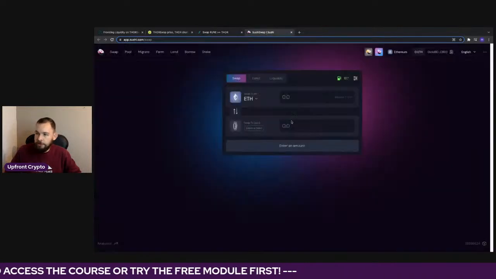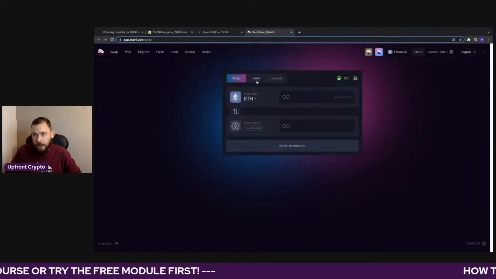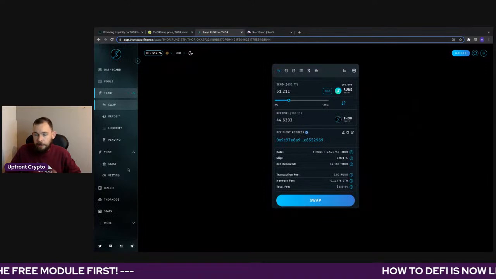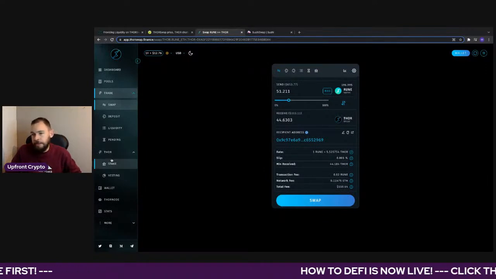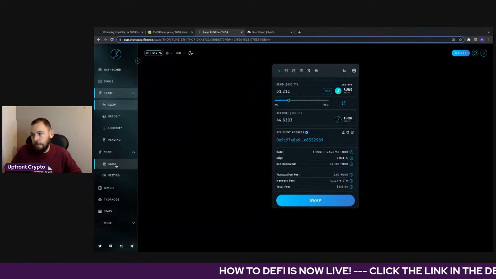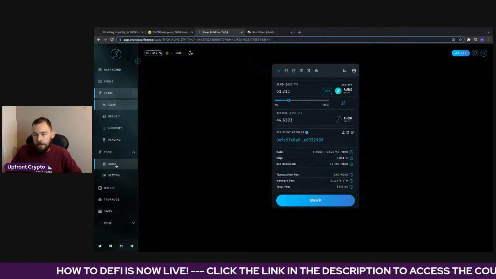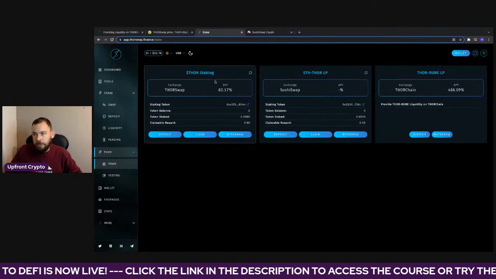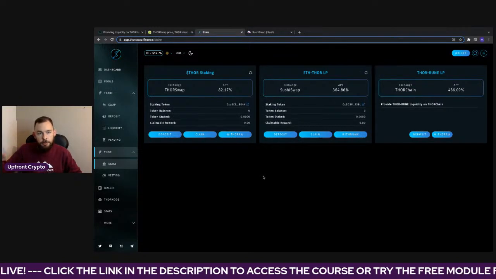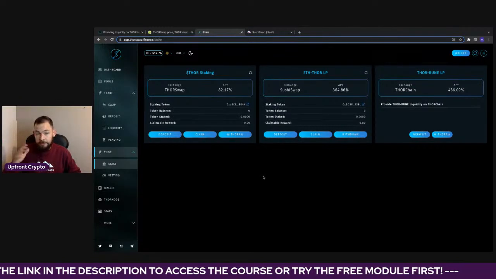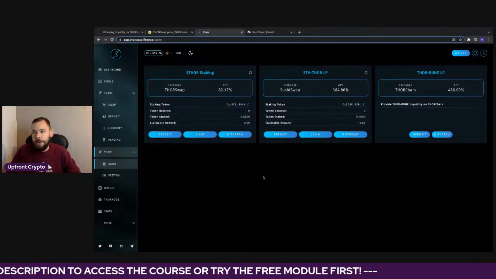Again, you can get it on SushiSwap, but you've got to swap ETH for it, so it could be high fees. However, if you're prepared to take the fee hit, wait till the fees drop, or wait until Thor's available via another way, you could then stake it on one of these liquidity pools here. This is the current state of play with